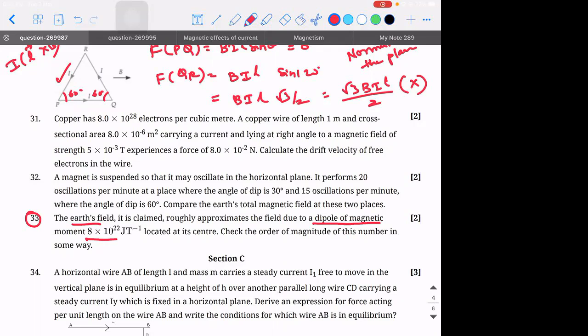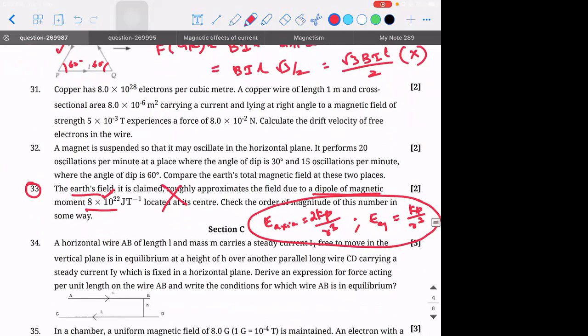This also you can't do because you need to know the formula for magnetic field in terms of... do you remember this formula? Electric field along axial point is given by Kp divided by R cube. Similarly, the electric field along equatorial point is given as, sorry, here it is 2 Kp, here it is Kp divided by R cube. You need to know these formulae because they have given in terms of magnetic dipole moment. These formulae are also not there, so you need not worry. I'll tell you what are all the things you need not do.